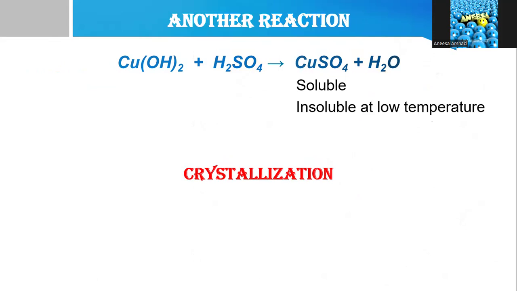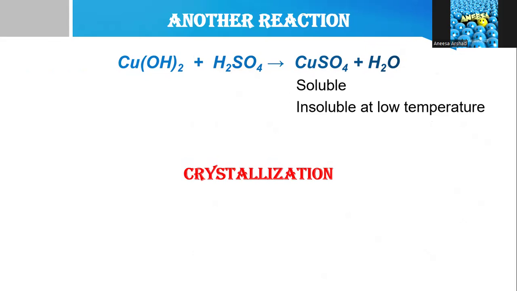So now we will discuss another reaction. For example, in this reaction, you can see we are combining copper hydroxide with sulfuric acid and we are getting copper sulfate plus H2O. So again, in this reaction, there is a mixture of two products, water and copper sulfate. Now this reaction is a little more complex. Now this copper sulfate is soluble in water. So now we cannot perform filtration, because with the water, CuSO4 will also pass through the pores and we will not get anything on top of the filter paper. So we are not able to separate this from the water by simple filtration.